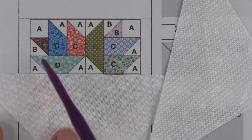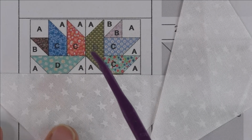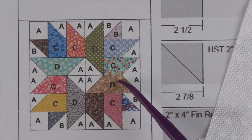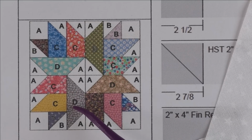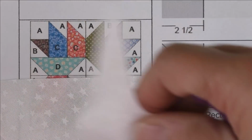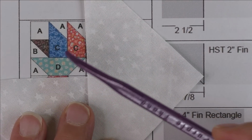Here's patch D, and it's down at the bottom. And here it is on the left-hand side. And if we keep looking, here's patch D up at the top, and here it is on the right-hand side. So if you break this down to one simple unit like this, then you can see how the block itself